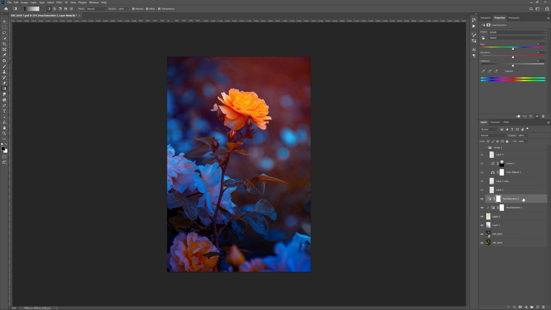And if you only want to affect the layer directly below, you alt click here in between and clip it. This is called clipping. And also here you can clip. So with this you can now change